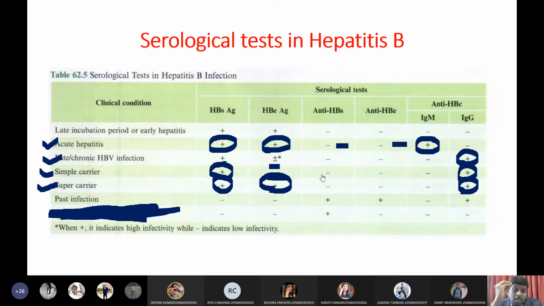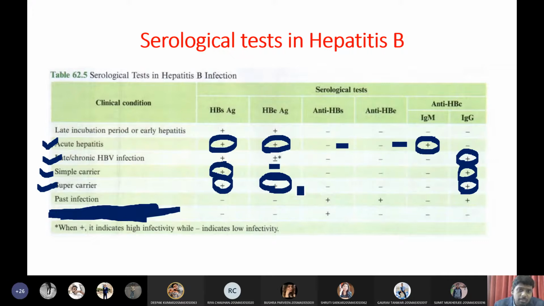And the problem is with these supercarriers only. Why are they called carriers? Because they are not showing viral symptoms. They look like healthy individuals. They look perfectly fine, but they have virus. They are shedding virus. They have infection, but they don't know it. So that is why carriers will always have core G type antibodies. Carriers means chronic infected patients, but they don't know that they have infection. So in carriers, you will find core G antibodies.